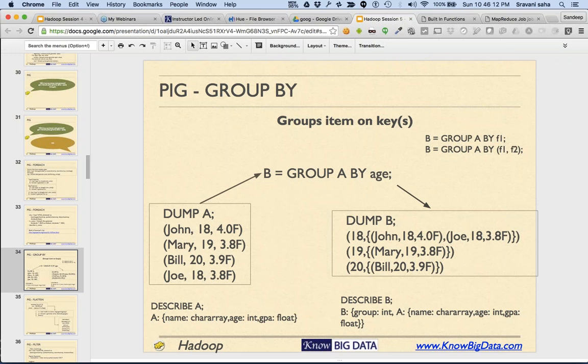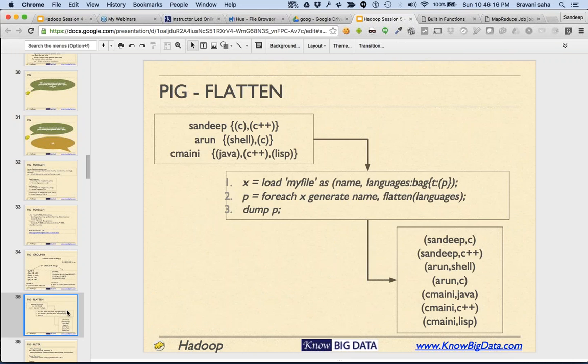Make sense to you? Alright. So that was the grouping. Just opposite of grouping is flatten. Flatten means ungroup my data. So if I have a data of this form, meaning Sandeep knows C and C++, Arun knows Shell and C,